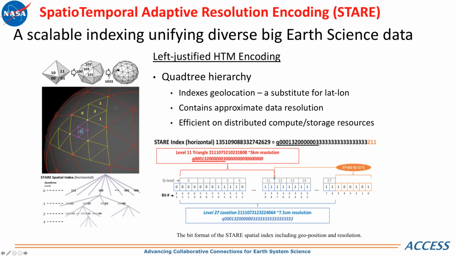So if you pick a point on the sphere, like this little red one over here, we keep track of, okay, we're on the top one over here, that's a 1, 0, and then we're in 1, 0, 3, and then so on, keeping track of which branch of the tree we're in as we go down to higher and higher resolutions. And for example, with our current configuration, we start with about 3 bits over here,